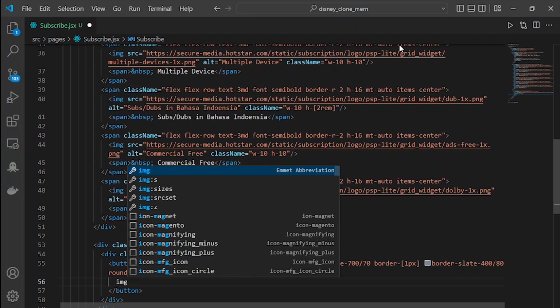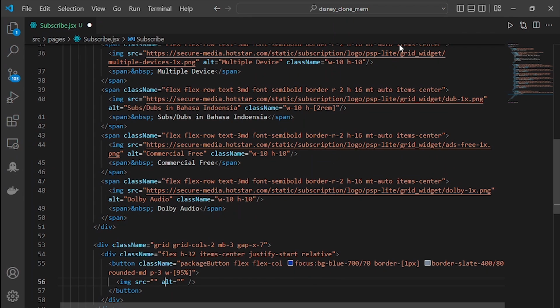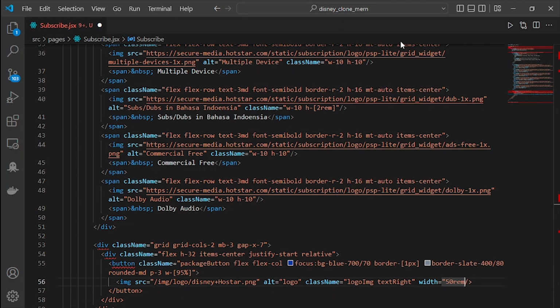For the I. And then instead of that button, I'm going to give it image /img/logo/disneyplus-hotstar.png, and then alt is logo, where the class name is equal to logo img, and then text right. I'm also going to give it width is equal to 50 rem. Save it,